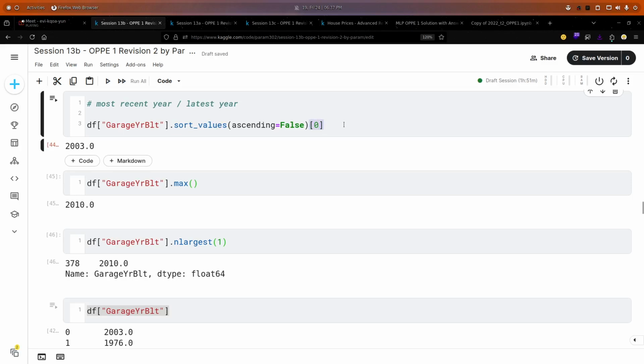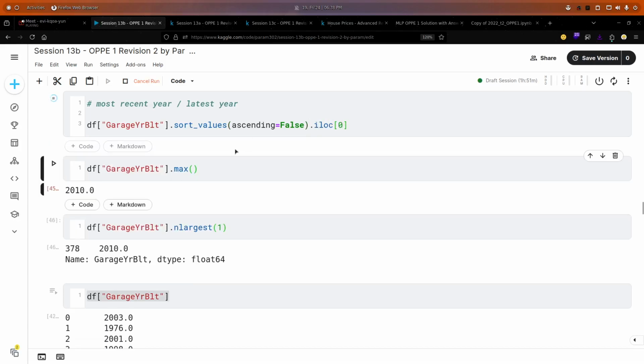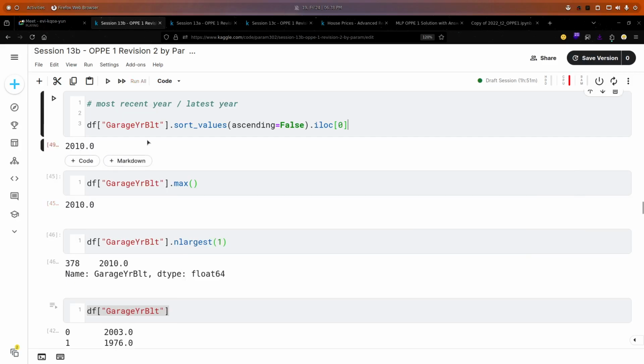Okay, what is not giving me the same? Sort values is giving a different thing. Ascending false. Okay, I need the value at 378, not that one. I can use iloc 0. That will give me the 2010.